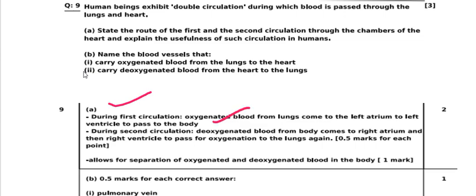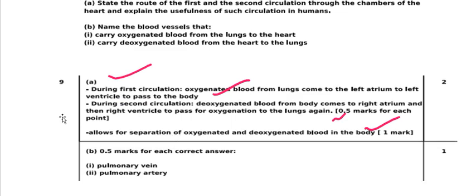During second circulation, deoxygenated blood from body comes to the right atrium and the right ventricle to pass for oxygenation to the lungs again. It gets 0.5 marks for each point. It allows for separation of oxygenated and deoxygenated blood in the body. We get 1 mark. For 0.5 marks each,